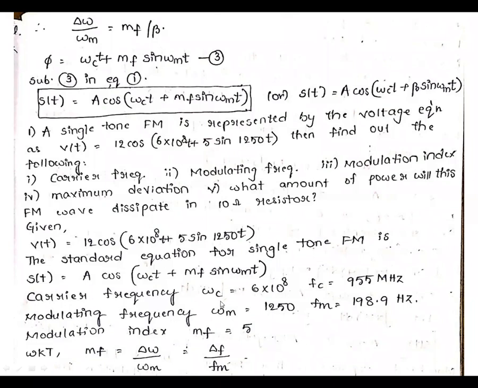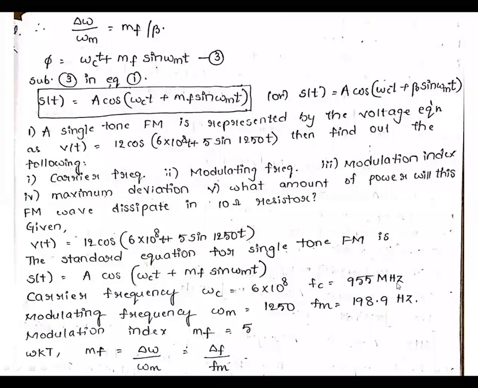So that is the carrier frequency. Omega c is equal to 6 × 10 to the power 8, and fc is omega c by 2 pi. That is, omega c is equal to 2 pi f. Now, when fc is equal to omega c by 2 pi, that is